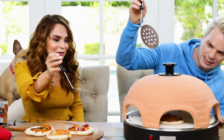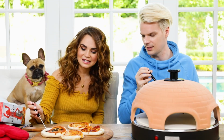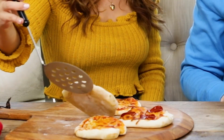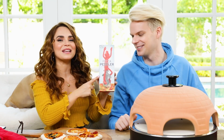Okay, how do we get that little one? Oh no, come out here. There we go. Come out of here. There we go. Okay. Yes! Okay, I wanna see the bottom of these, because even though I forgot to dock them, okay, that's a nice golden brown. It's a light golden brown color. It's a little soft. Okay, maybe they could have cooked a little longer, but we're gonna try our last pizza cutter